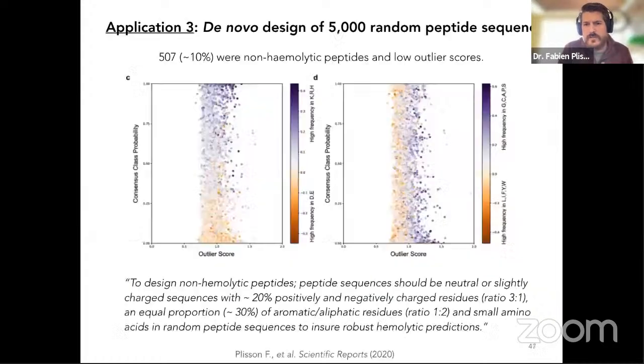Now, another application was to actually generate de novo 5,000 random peptide sequences. The idea here was to understand what the amino acid composition was of each of those thousands of peptides, and how it affects the probabilities, in both positively charged and negatively charged residues. What you see on the left side is basically the probabilities of each of those 5,000 peptides, either charged with a high frequency of glutamic acid or aspartic acid on one side, so they will be orange to brown,